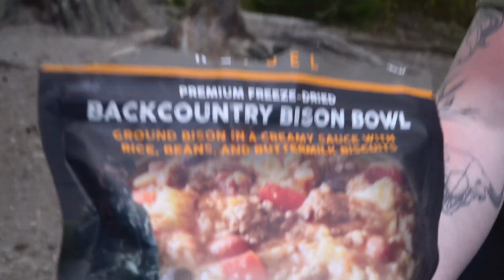All right, so the storm started rolling in fast. We called it on the beach and started getting our food ready. We're just waiting for it to finally reheat. I got pad thai with chicken. I think it might be my new favorite backpacking meal. She's got Backcountry bison bowl. Chad Mendez,